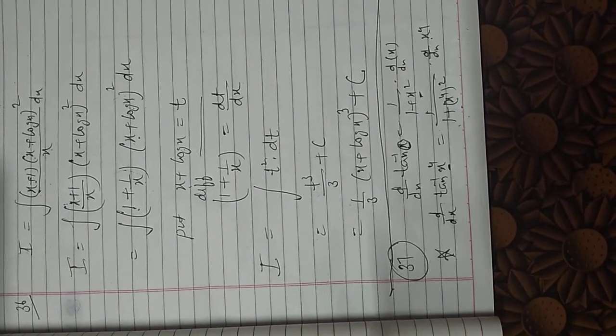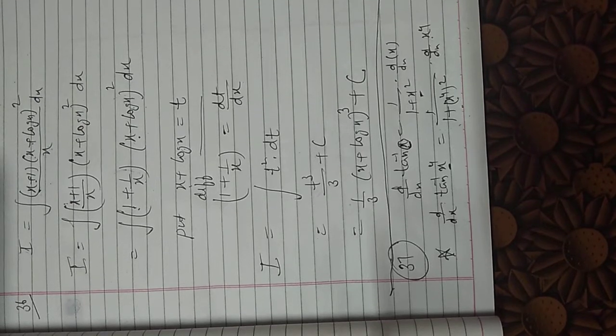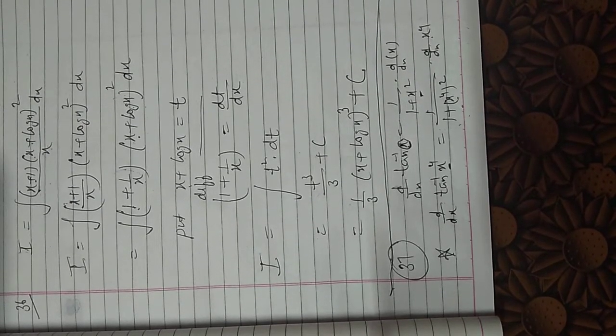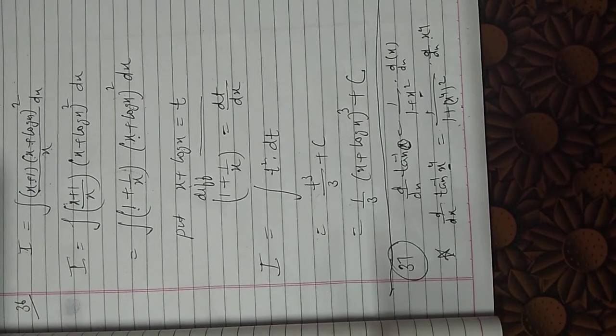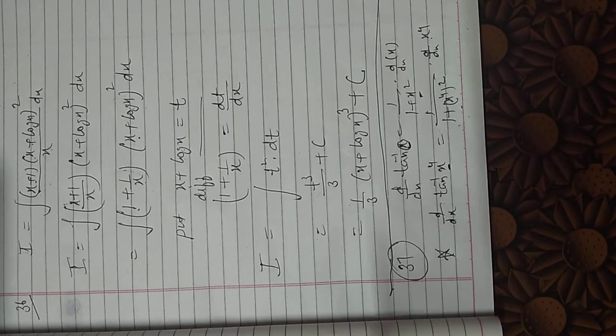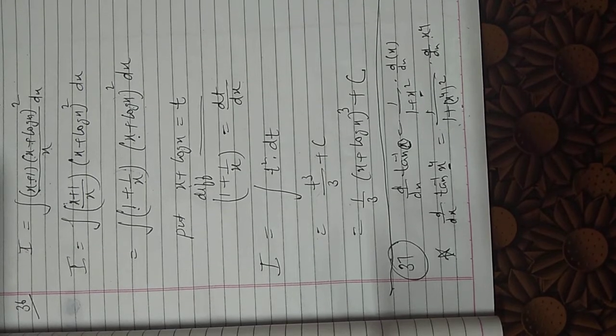Now in order to do that, you should be thorough with our trigo formulas: cos 2a formula, sin 2a formula, cos 3a formula, sin 3a formula, and all these. If we know these identities, it will be easy for us to integrate the functions. So this will be the next method to do the integration of trigo functions.